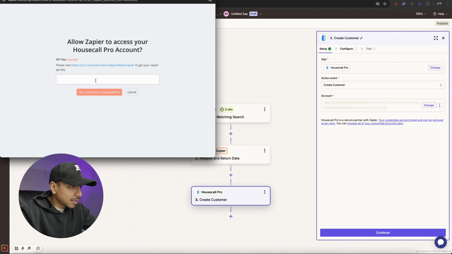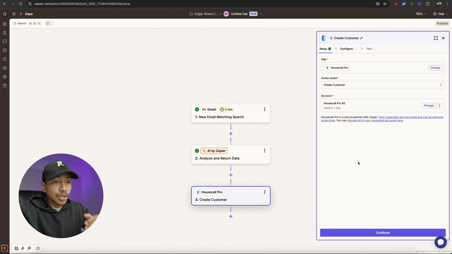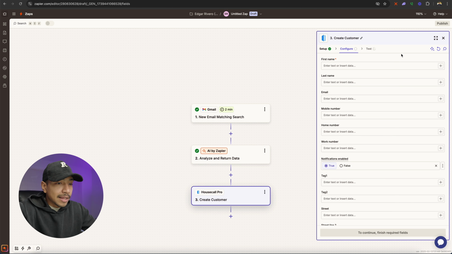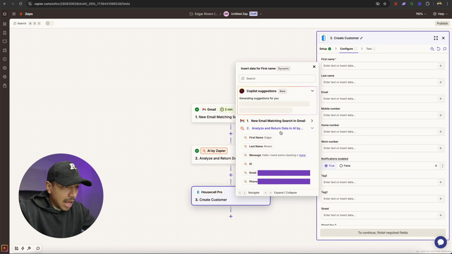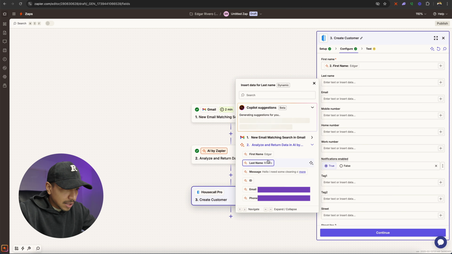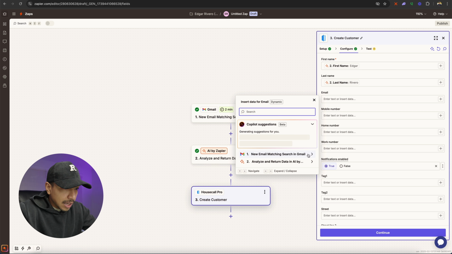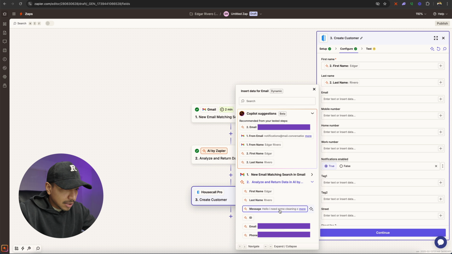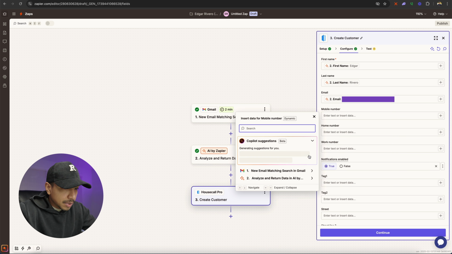We're going to go back to our Zapier, insert our API key, continue to Housecall Pro, and that should automatically connect us to our Housecall Pro account. Very good. Then we're going to configure. Now this is where it gets fun. You can now plug in the data that was analyzed by AI directly into the fields for your customer creation step for Housecall Pro. So as you can see, first name, last name, you got email, there it is, phone number,